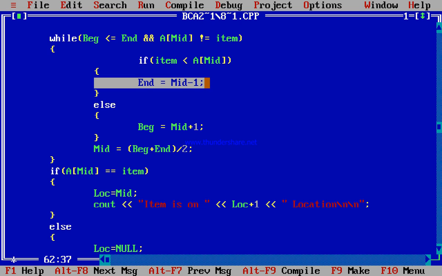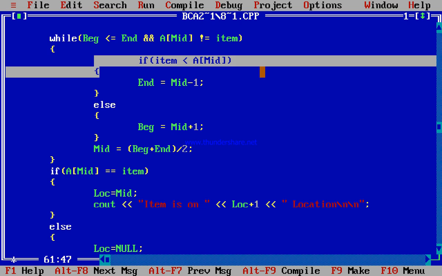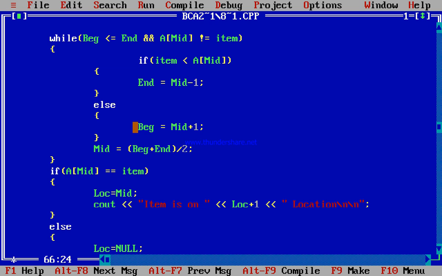Means there is no need to search the array after the mid position. Otherwise, if that is false, that means your atom is greater than a of mid, so your atom is present after the mid position of the array. That's why we set beg equal to mid plus 1.